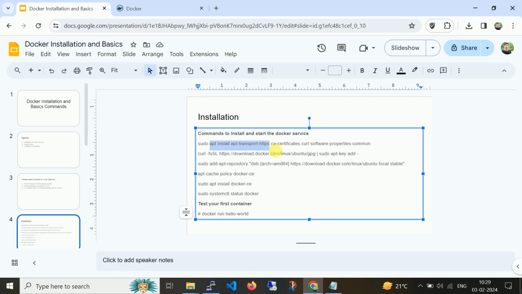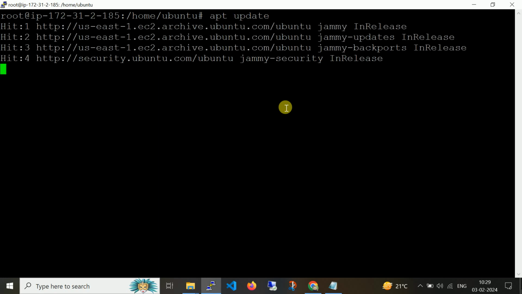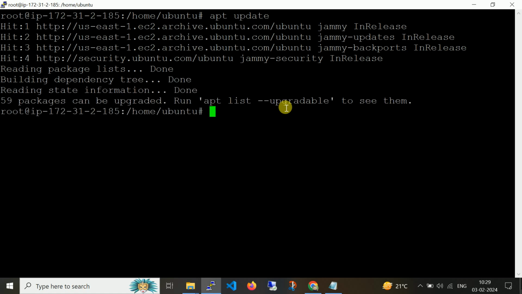First we need to update the package manager. For that you need to run apt update. If there is an issue with your apt package manager or any package manager, and it shows it is unable to communicate with the external sources, you need to resolve that first.